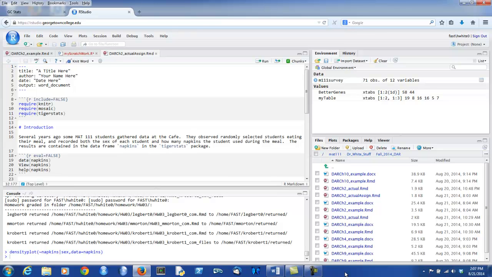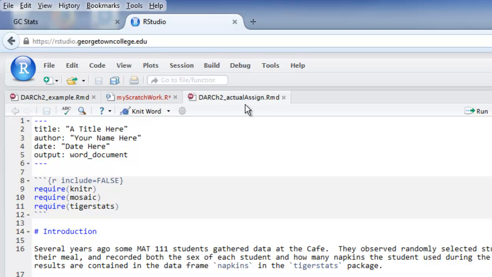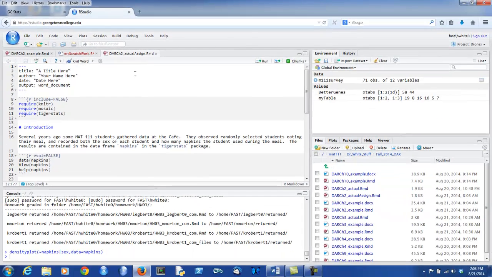So I'm going to assume that the example assignment for this report is the actual assignment, and I'm going to pretend to build it up step by step, although in a very abbreviated and quick way for this video. So let's pretend that I have taken from the Math 111 Common Source folder the assignment itself. Here it's called the DAR Chapter 2 Actual Assignment.RMD, and I'm going to begin to turn it into my actual